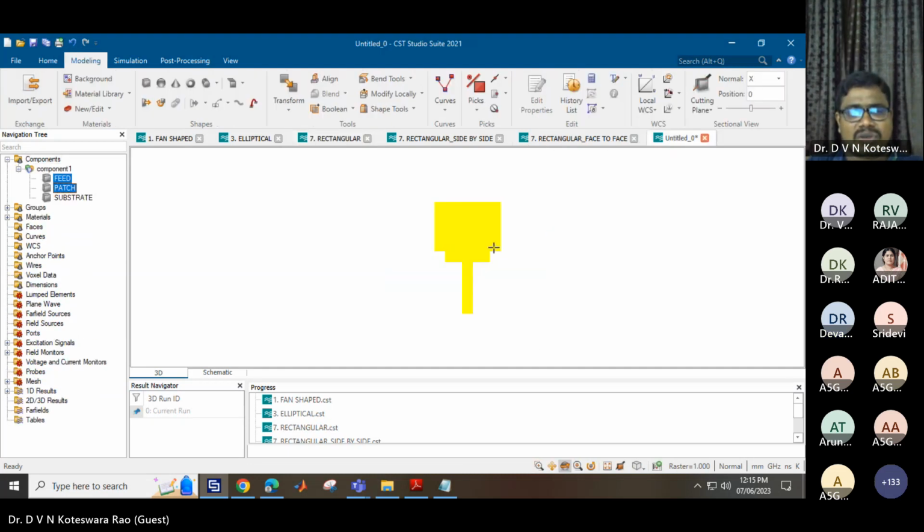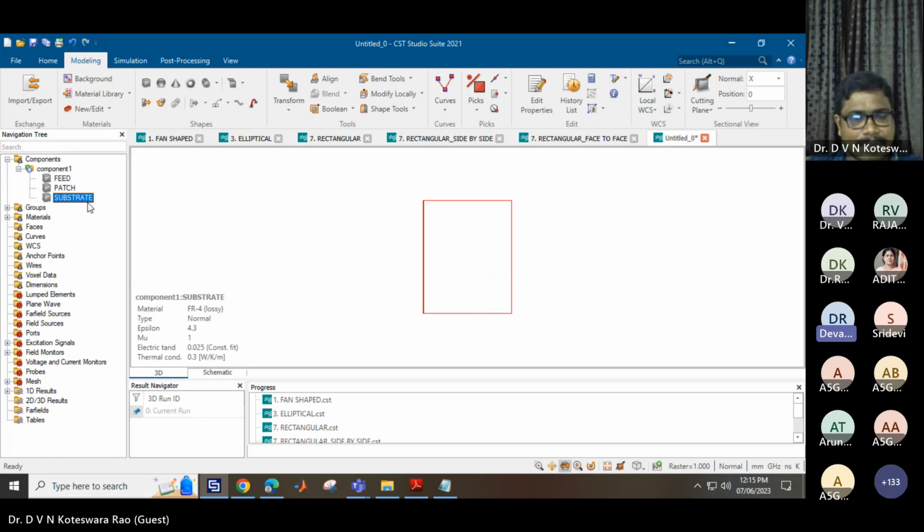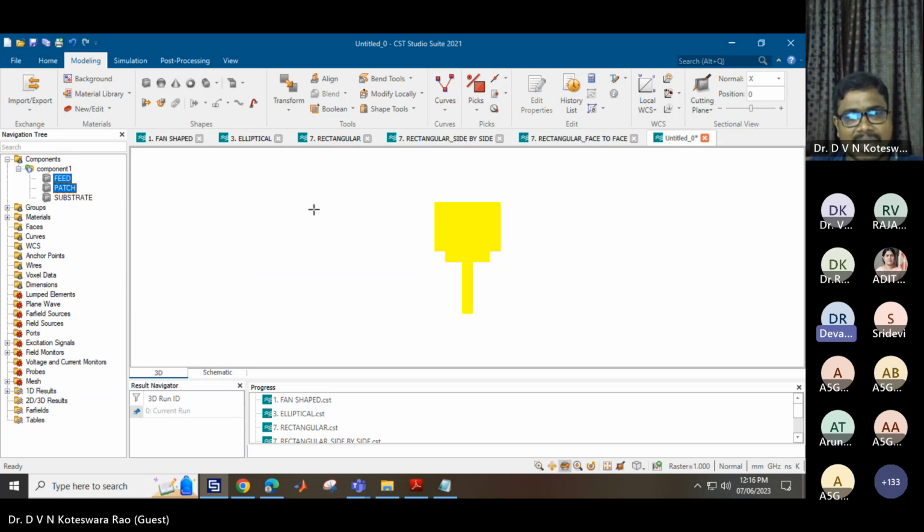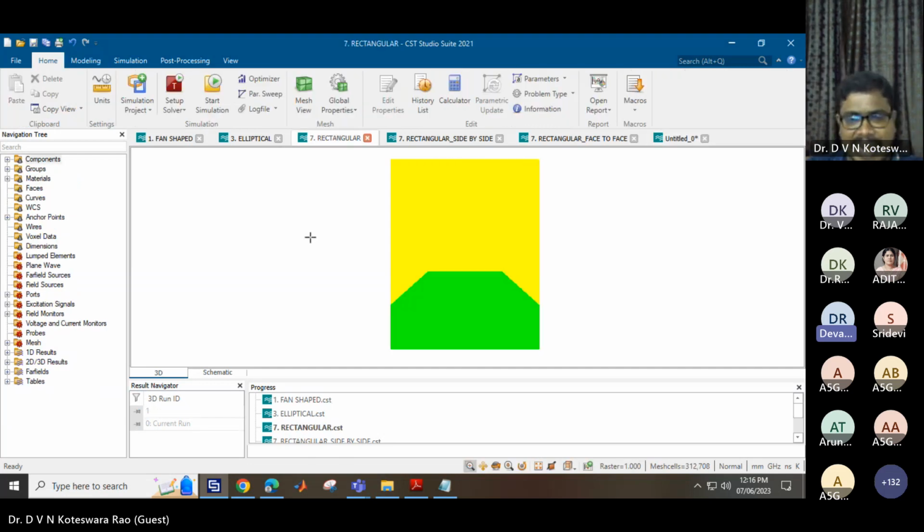Now, you have designed the substrate, you have designed the feed, and you have designed the patch. What else remains is you need to design the ground structure. So what about the ground? So I just observe the back view. This is the ground structure which you need to design right now. So what I followed to obtain this structure is, first I designed one rectangular type of defected ground structure up to here. Then I took two bevels at both ends